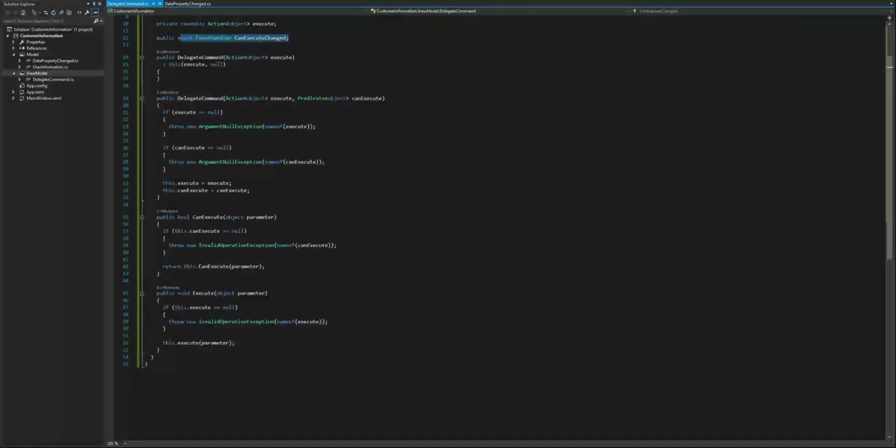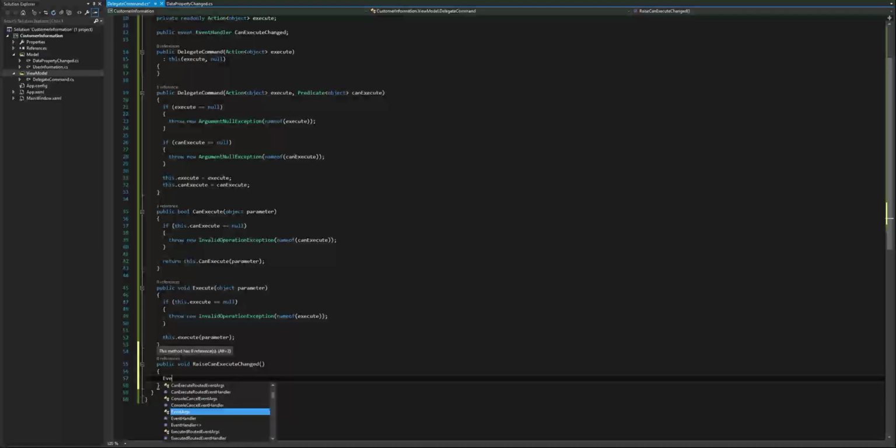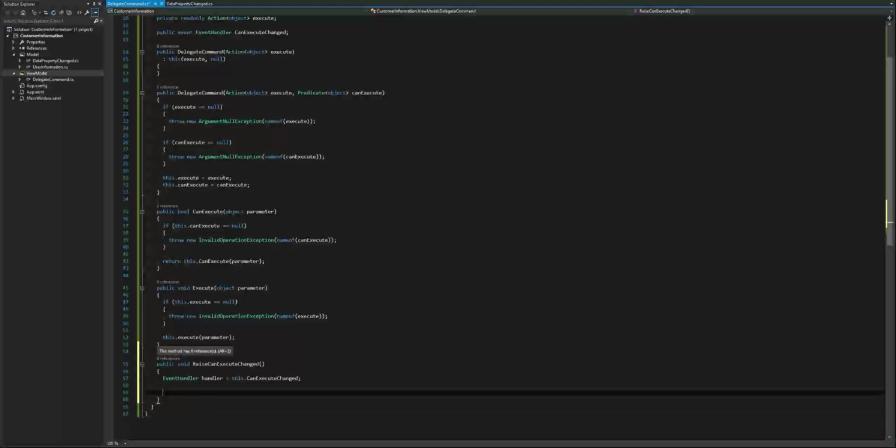The last thing we need to do, notice when we implemented the ICommand, it automatically added the CanExecuteChanged event handler. We can actually use that to re-raise the can execute method itself. So with that, we can go with public void, and let's call it RaiseCanExecuteChanged. And then in here, we are going to create another event handler called handler, this.CanExecuteChanged. Then let's see if the handler is not null. If it does not equal null, we are going to say application,